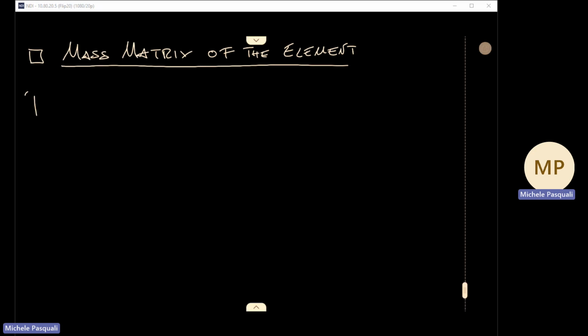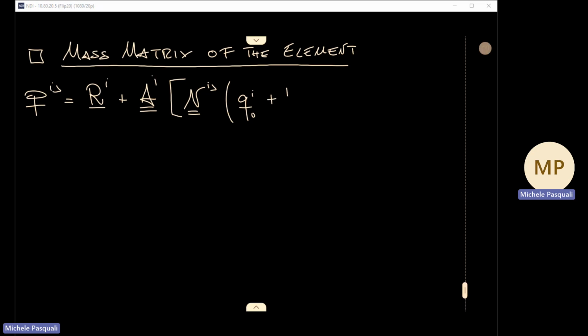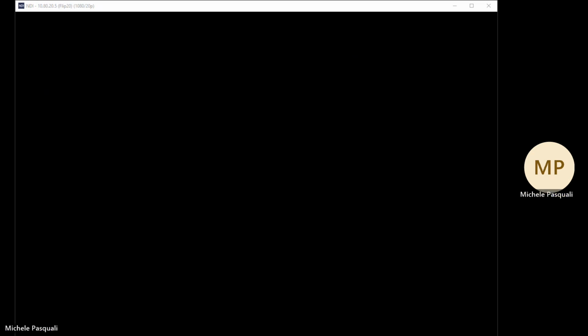Okay, so what we were able to say is that the position r_ij of a point of the element j belonging to the body i has the traditional rigid translation component plus the rotation matrix A_i applied this time to the matrix N_ij, which encompasses all of the formulation, acting over the vector of the nodal quantities of the elements for the overall body in its reference configuration, and then the vector of the nodal coordinates associated to the overall body i due to the deformation process, where B2_i, if you remember,